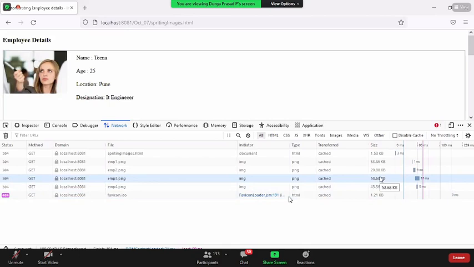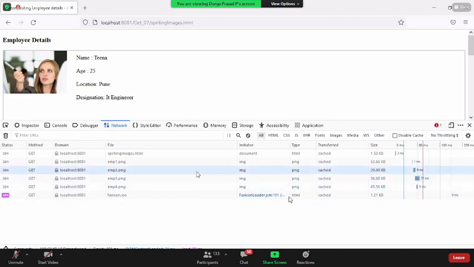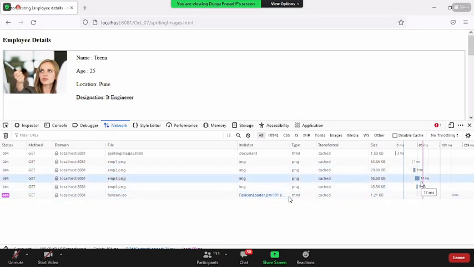A lot of times in real time, people will ask, boss, your web page is running very slow, so how do you solve this? How can you say which resource is taking long? Now you come back to this network tab. Using this, you can clearly see which one is taking time. So if you see among all this, this one takes 17 milliseconds. Okay, so there is some problem with this.